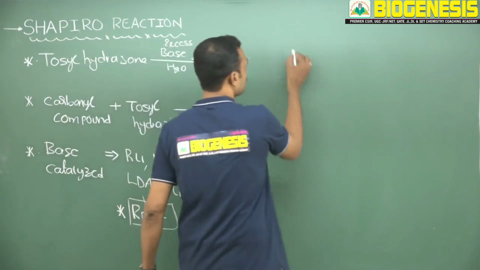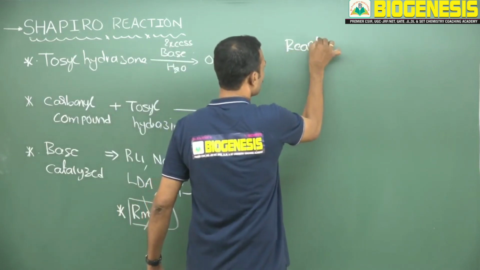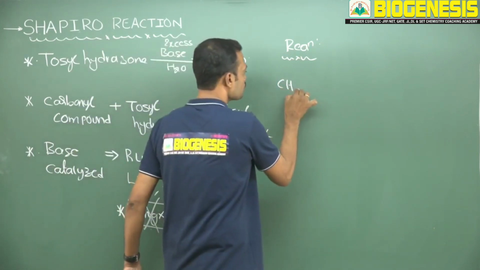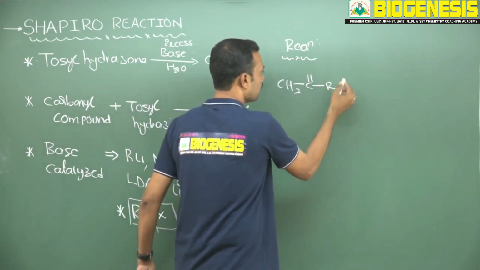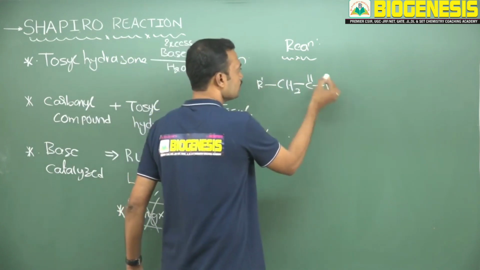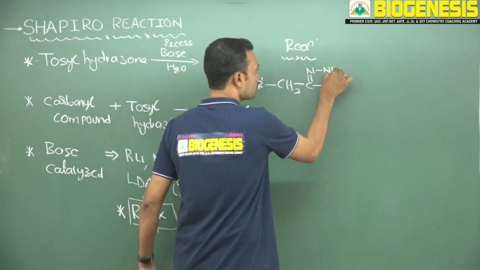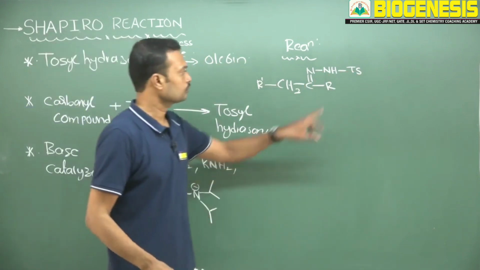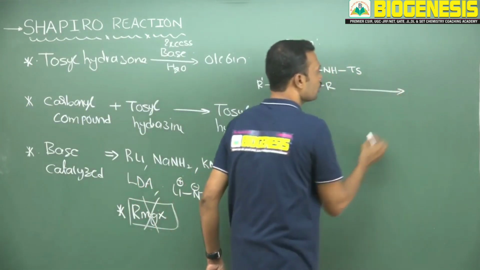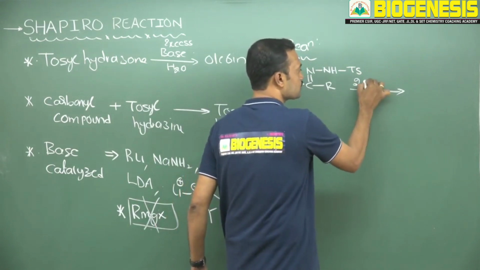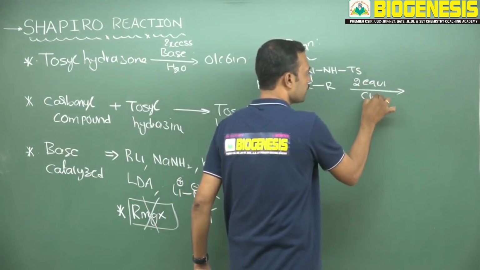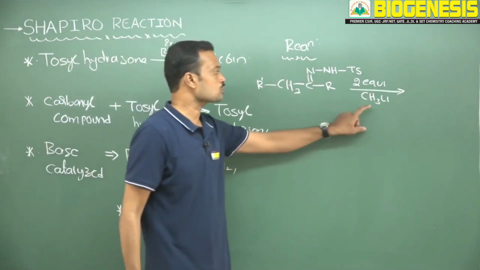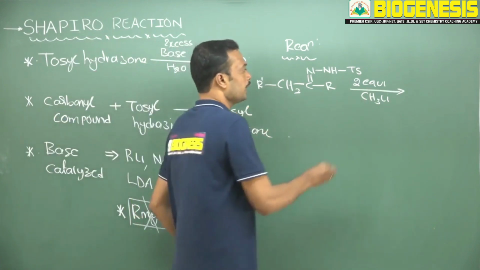Now see the reaction. There you can understand very easily how this reaction is going to come. Here I am using CH2, and this is C double bond O, and here this is R, and here also I am using R dash. See, nitrogen, next NH, next tosyl. This is called tosyl hydrazone. When tosyl hydrazone reacts with phenyl lithium, definitely two equivalents are going to be required. Remember, one equivalent is not enough. Definitely two equivalents of lithium OMC are required in the Shapiro reaction, and this is your first step.